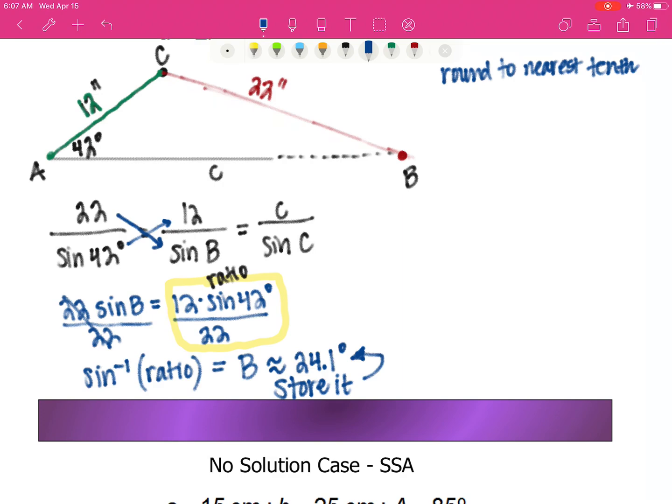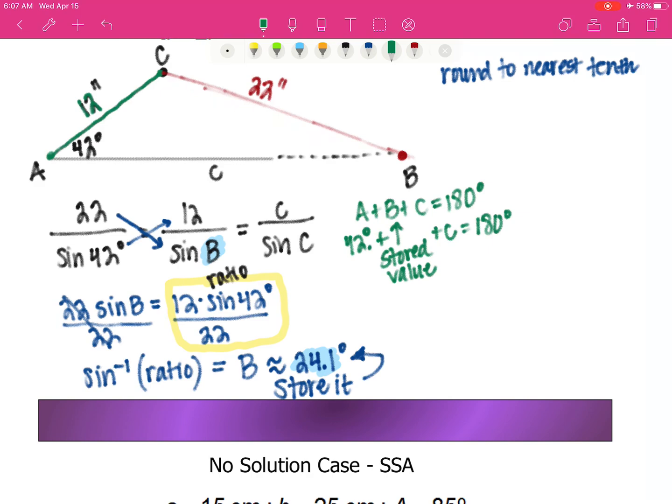Once we find angle B, we now have a second fraction that's complete. How does that help us with that third fraction? Well, remember our triangle angle sum theorem. So angle A plus angle B plus angle C is equal to 180 degrees. So we're going to use the 42 degrees plus the stored value, and we're going to subtract that from 180. And when we do that, we're going to get C is approximately,